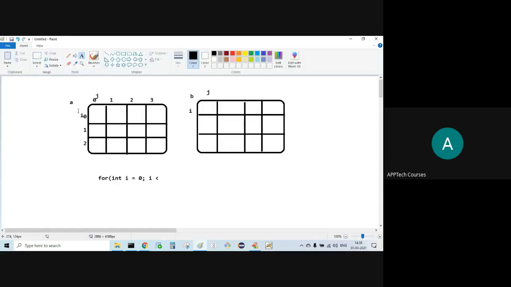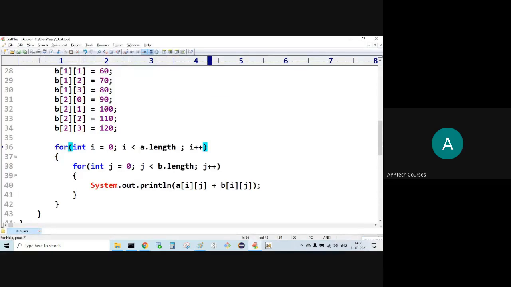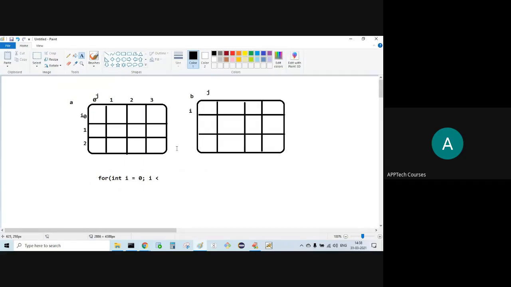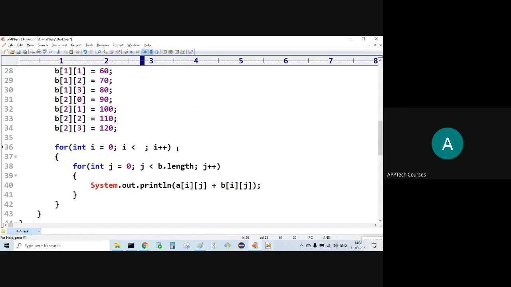Here, I is for row. Now, can I say that is 4? 4 or 3? If I say 3, what happens? 3 less than 3 is false. That is why it will not take 3.